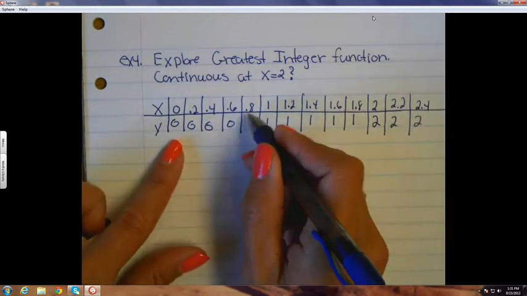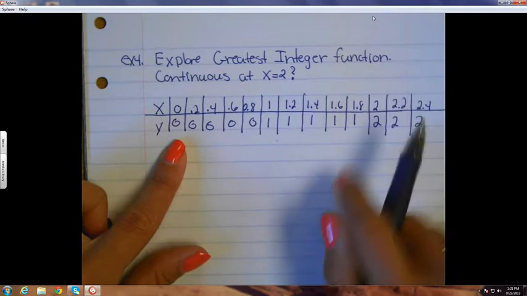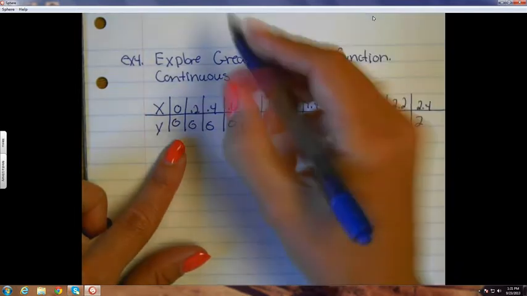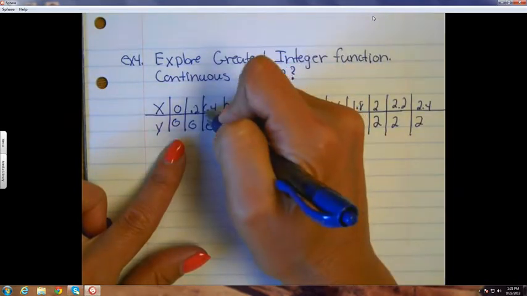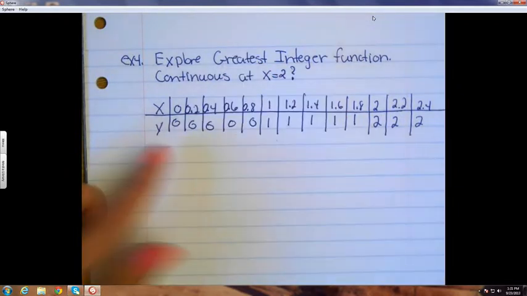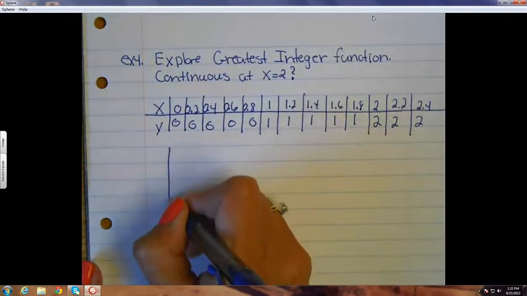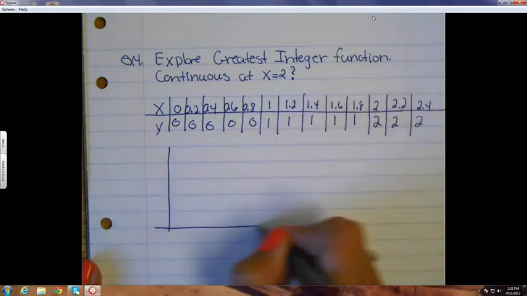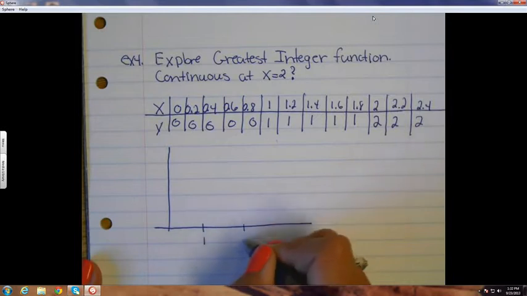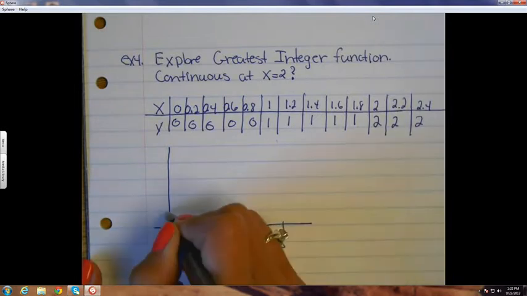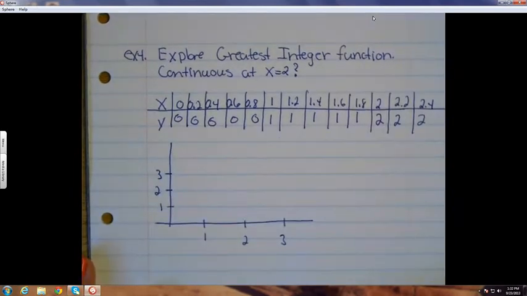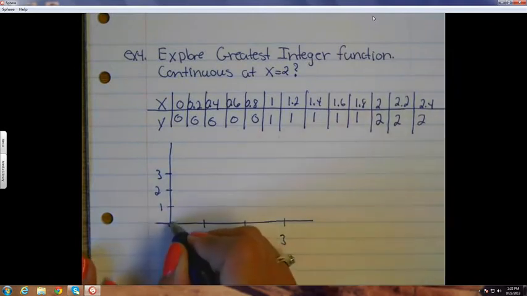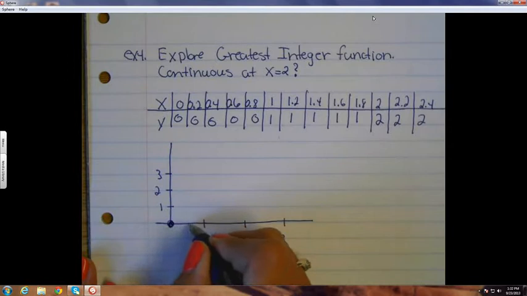So when you see these ones, it's 0.8, so the integer chops off the 0.8, and you get the 0. 0.6 is the integer, chop off the decimal. We just never write the 0 in front of the decimal, but that's what the greatest integer function does. So 1, 2, 3, 1, 2, 3. So when x is 0, it's 0. All of these ones in here got truncated to 0 until it got to 1. So there's a